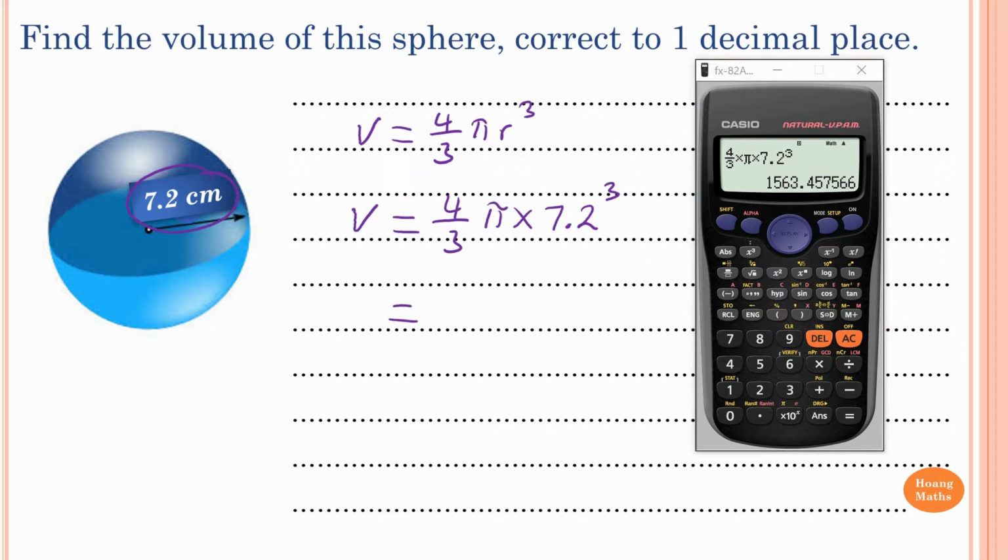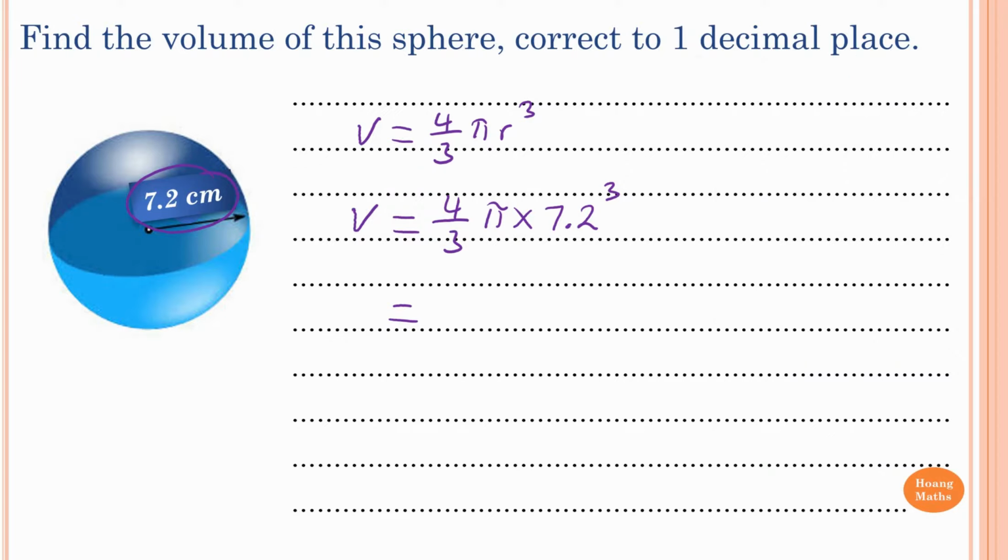So just write this number down first, which is 1563.457 and so on. But we need to correct to one decimal place, so which equals